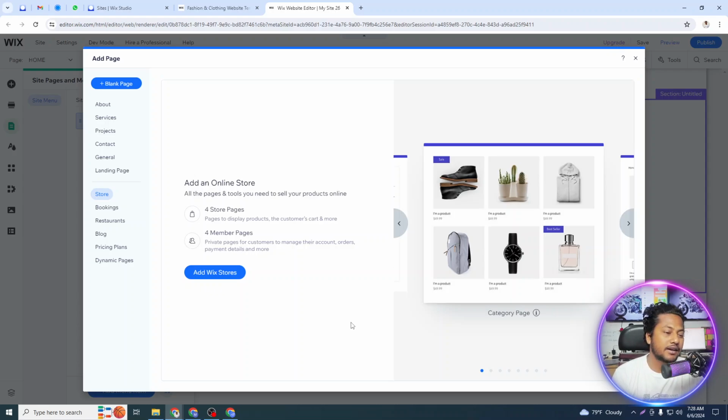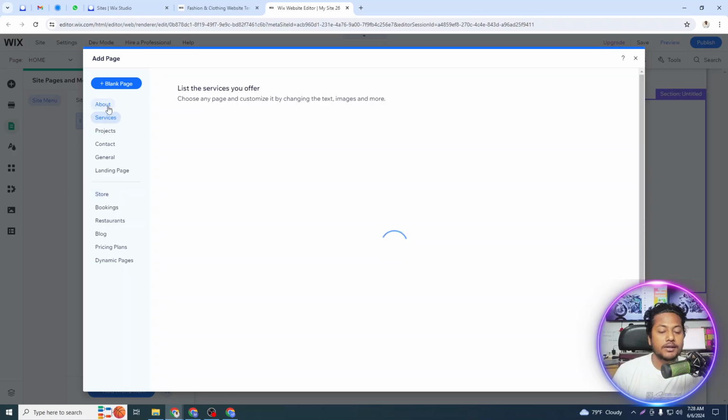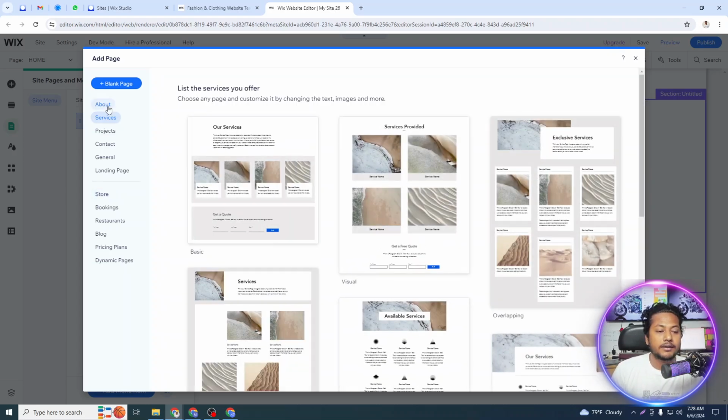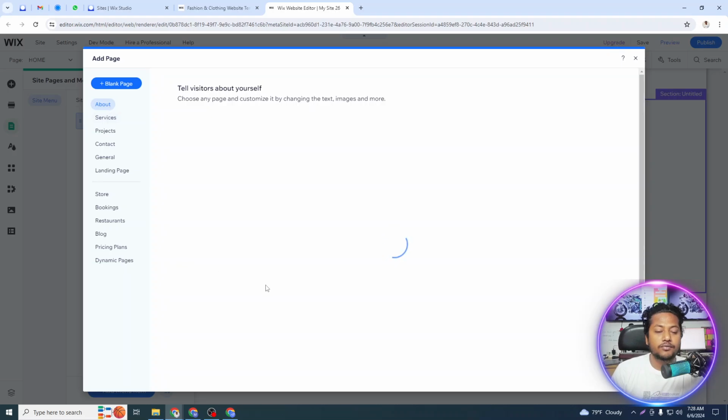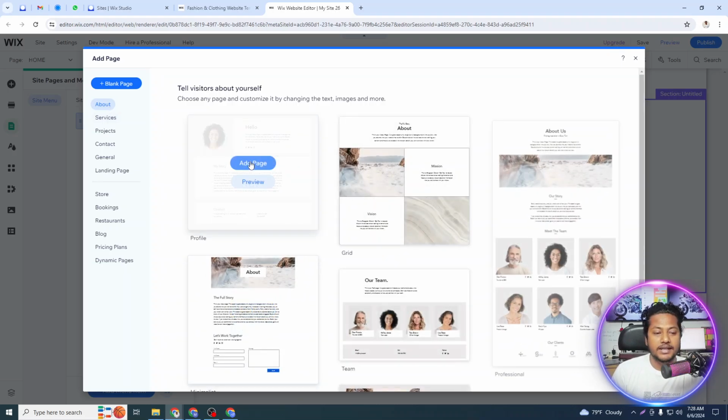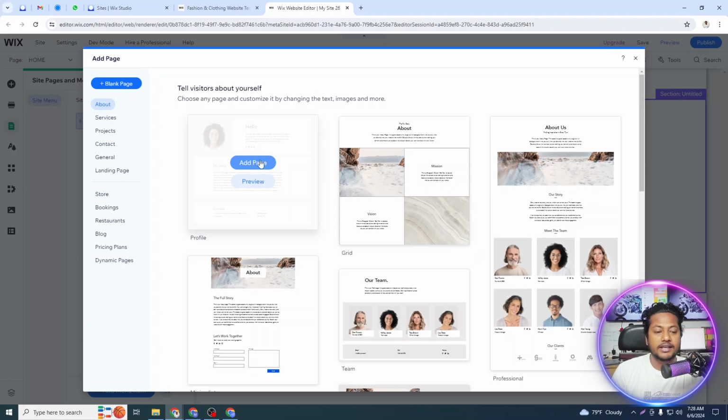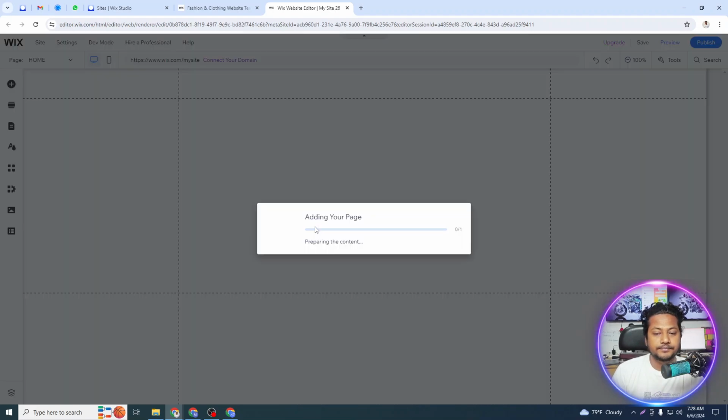When we add the e-commerce store apps to our Wix website, then we can see the pre-made templates here. But those are the pre-made templates. Like if we want to include the About page, then I'm just clicking here Add Page, and then